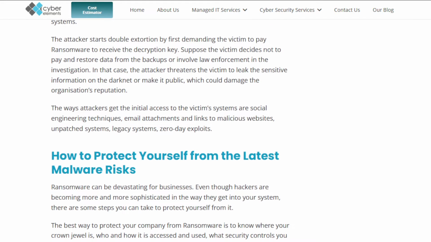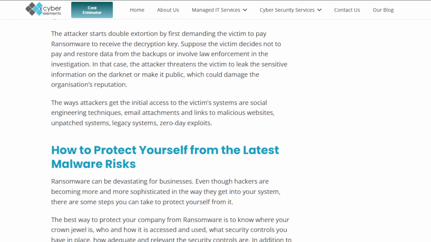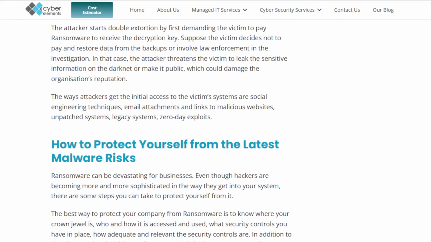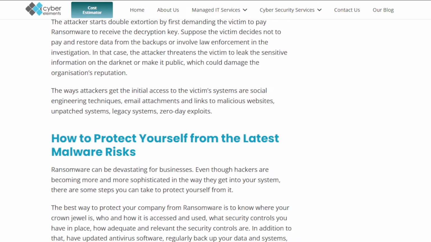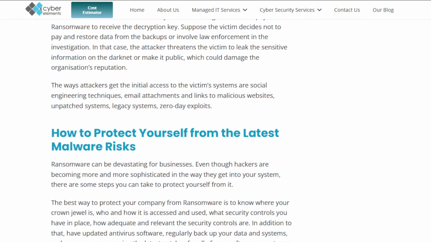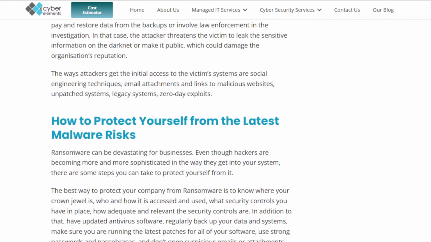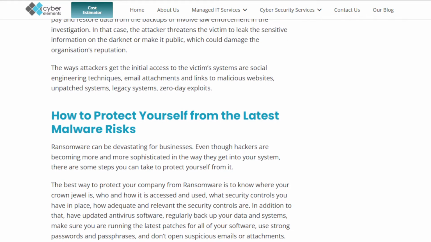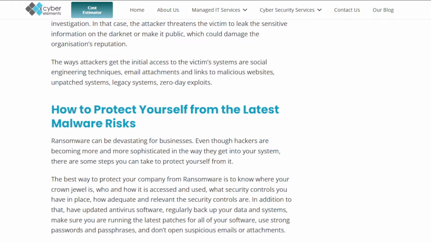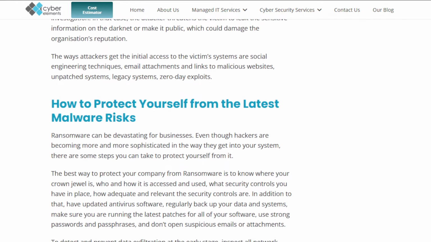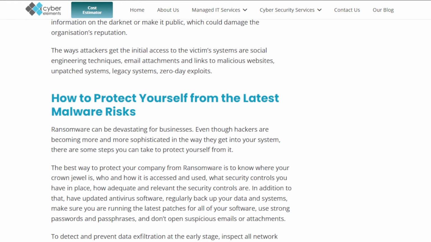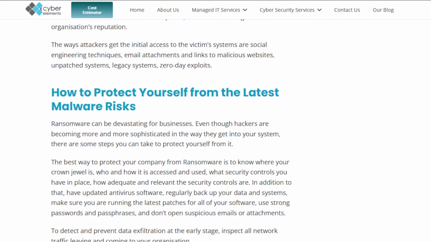In that case, the attacker threatens to leak the sensitive information on the darknet, or make it public, which could damage the organization's reputation. The ways attackers get the initial access to the victim's systems are social engineering techniques, email attachments and links to malicious websites, unpatched systems, legacy systems, and zero-day exploits.